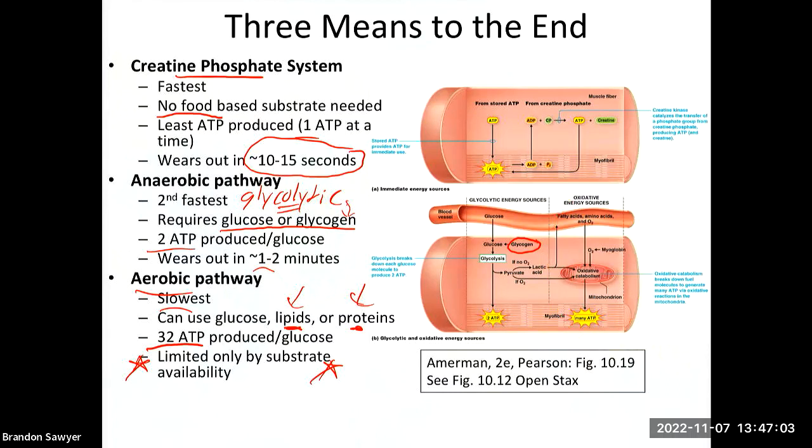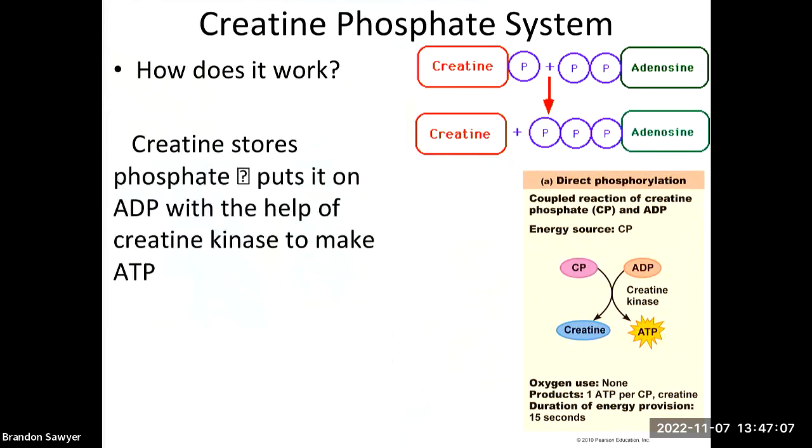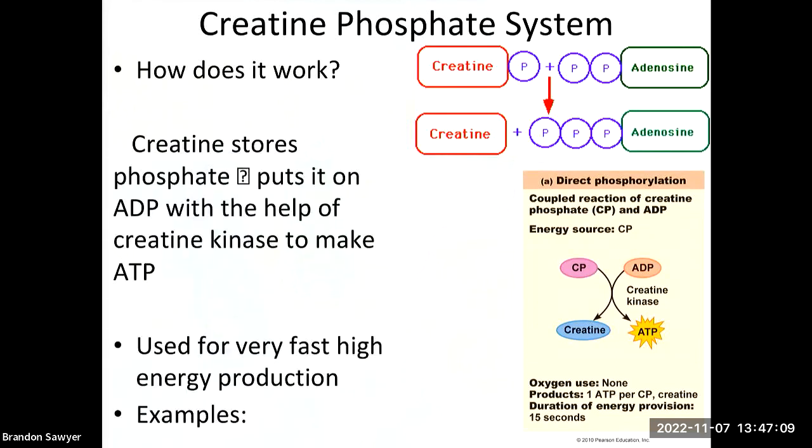So let's talk about the creatine phosphate system first. Sorry, all the arrows got messed up on this slide, I'm not sure why. All those question marks on this slide are supposed to be arrows, typically going to the right. But the idea here is we have creatine, which is a protein that has a phosphate attached to it. What happens is that creatine, with the help of an enzyme called creatine kinase, which is the key enzyme in this one,